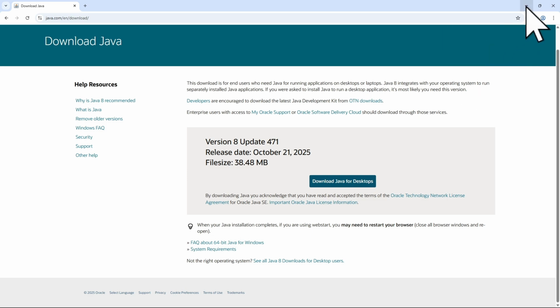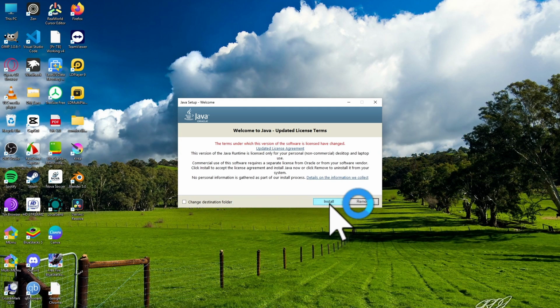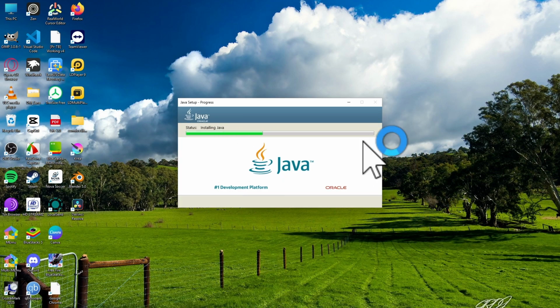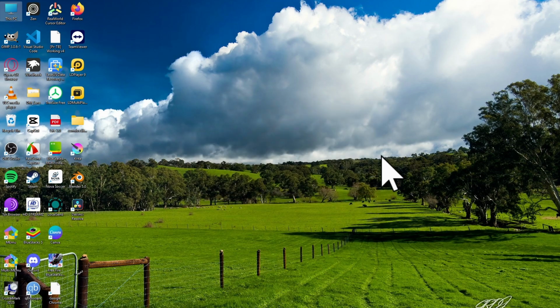If you click on it two times to install, it is going to click on install and it will install Java on your device. As you can see, you have successfully installed Java. You can simply see. So now if you close it,